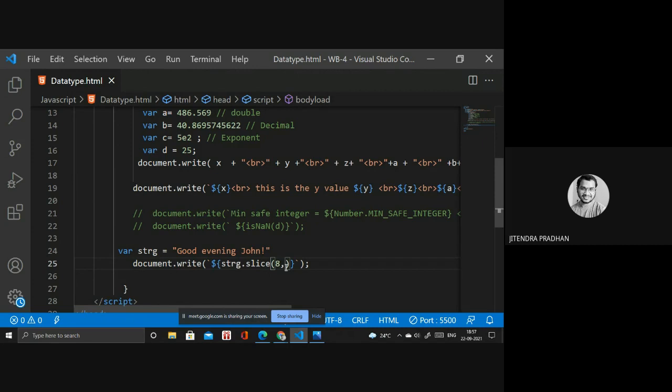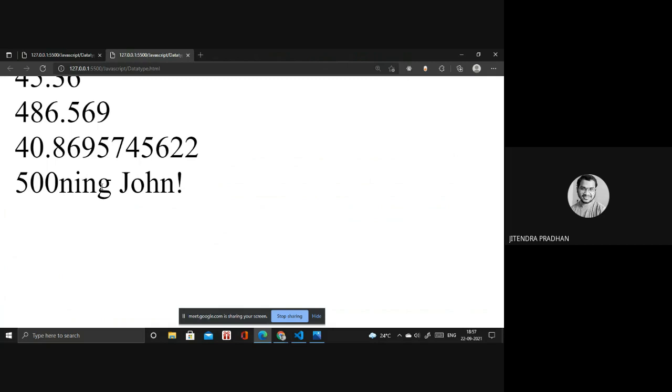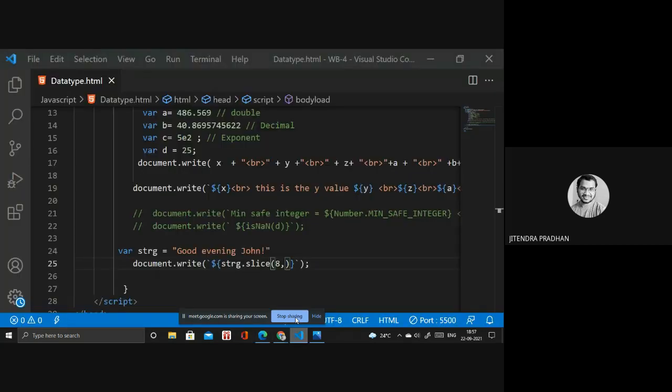If I give 8 comma, it will start from "ning" as well. So if you give a particular index number, it will start from that point. If you're not giving the final index number, then it will continue to the end. So if you want to extract one particular part, you have to give the initial index number as well as the final index number.